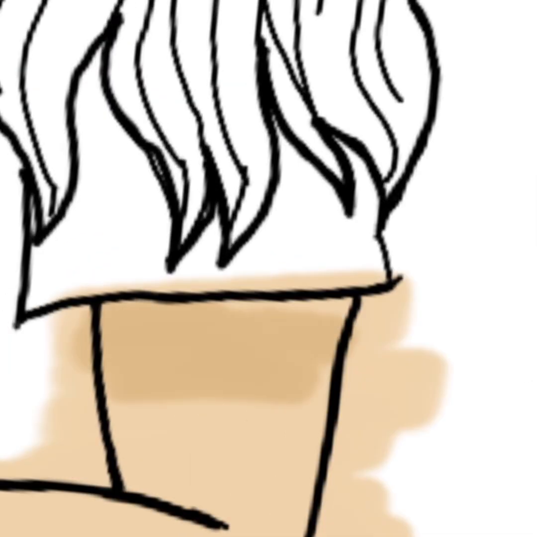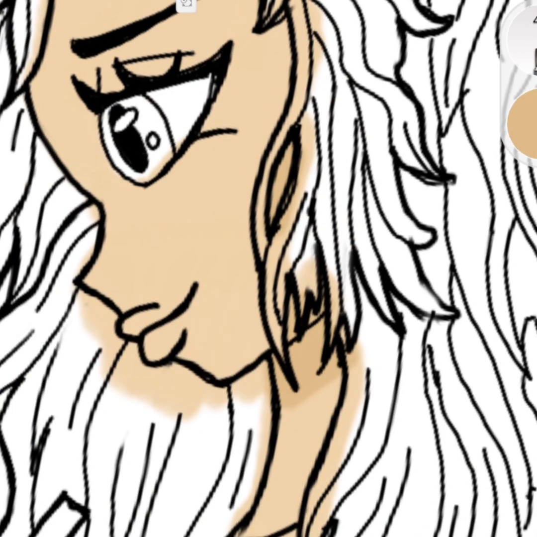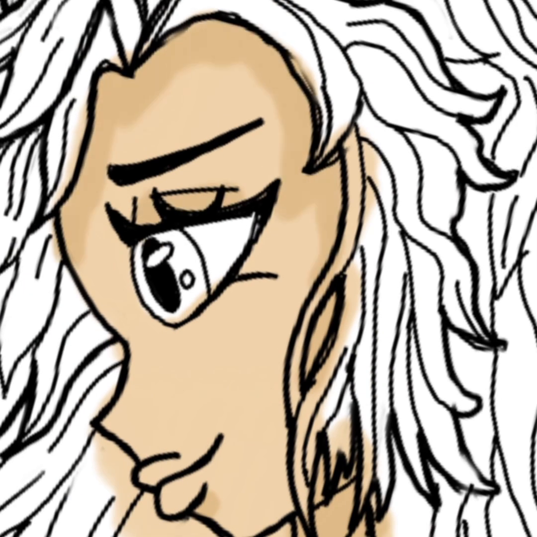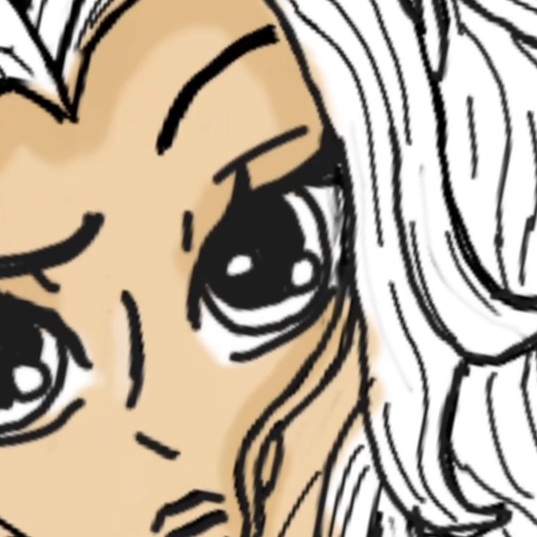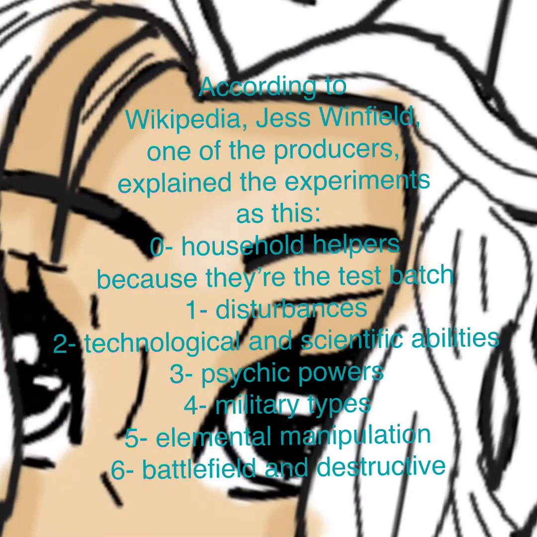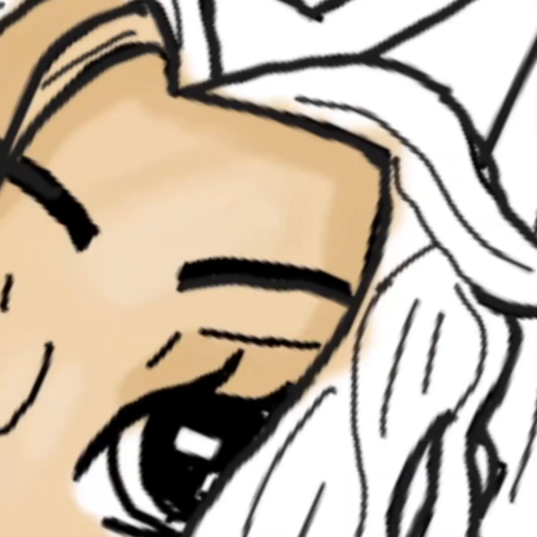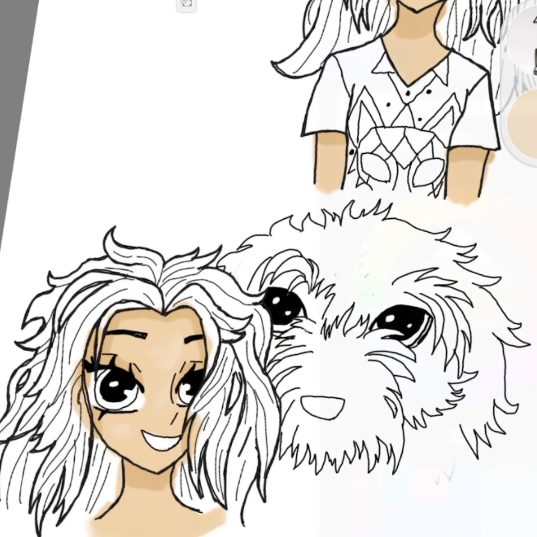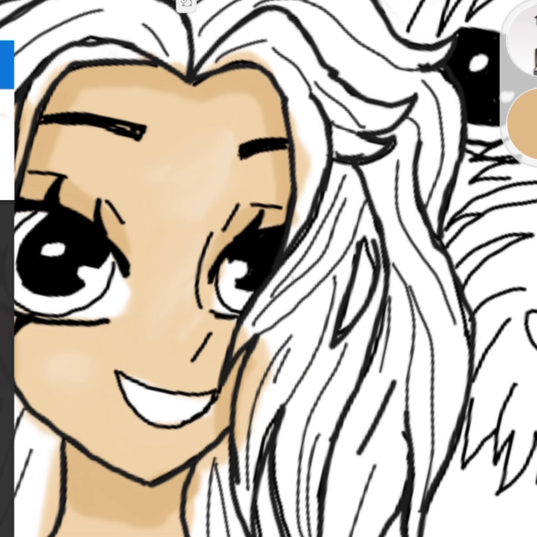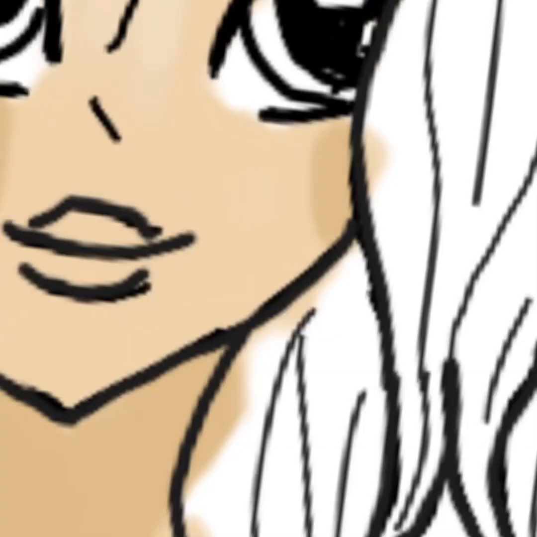In the first picture I drew, you can see one of the black holes that the experiment, whose name is Lyra, can create. There's already an experiment called Holio that can create black holes. And according to the research I did for this, because I did, the 400s can control elements and natural disasters. Excuse me, the 500s can do that, while the 600s are more into destroying whole cities and worlds and stuff. So I think Lyra would be right in between the 500s and the 600s, maybe 599 is her experiment number.